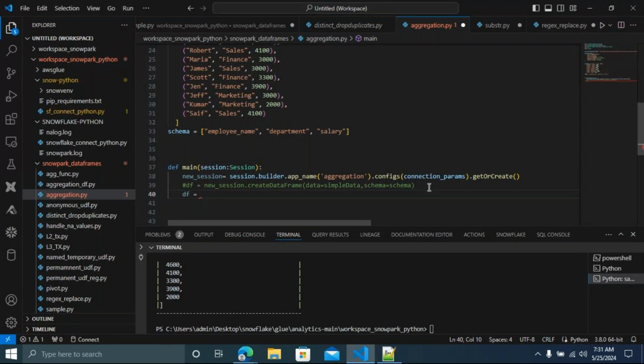Anyone? Because you guys are not aware, that's why I'm saying again. Just assume that every data will be in the stage. You have to read the data from a stage or a table, anything can be there. How will you read from the stage? Anyone? Use session dot